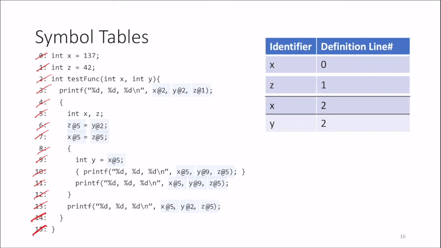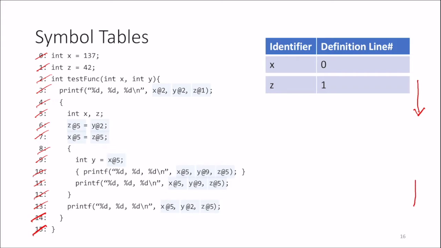And then finally in line 15, the input parameters to the function testfunc also go away. And now what we're left with are the definitions in line 0 and 1. So as you can see, the symbol table can keep track of this information by taking advantage of this data structure we've seen here. It keeps building the information. As it sees a new scope, it'll create a new entry where there might be a new definition for an identifier. So the identifier X can occur multiple times, and then when you use it, you go up this representation and search for the identifier and pick the first one you see, and that's going to be the